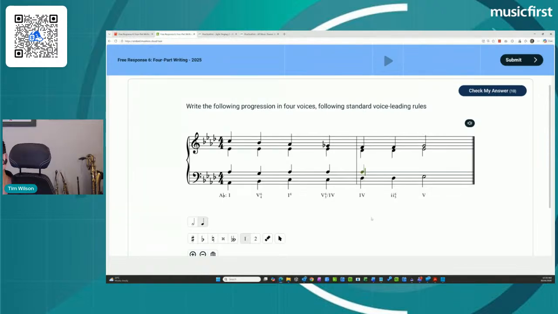No chance of getting any other kind of parallels occurring, given that everything else is moving either in contrary motion to the bass or in thirds here in our upper parts. So nice and simple. And to finish off our last 2 chords, again, a D flat and a D flat and an F. We will make an error here, so we might,